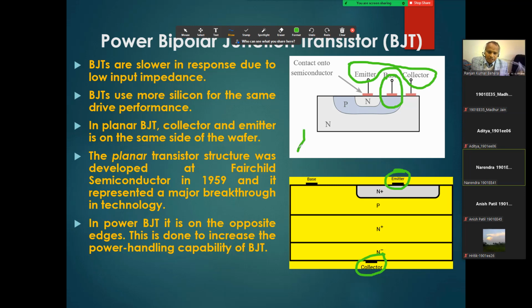The transistor structure is like this. So in this transistor you have a collector, this is your emitter, and this is your base. These two terminals are called the power terminals. This is a power terminal, and these are called the gate drive or the base driver, which